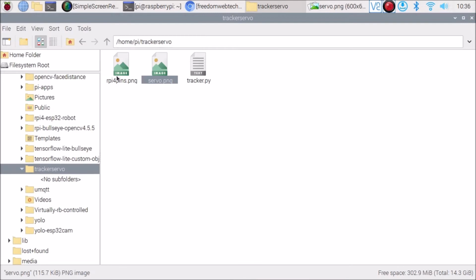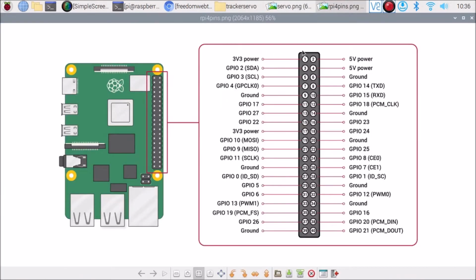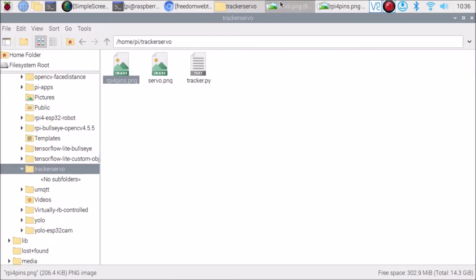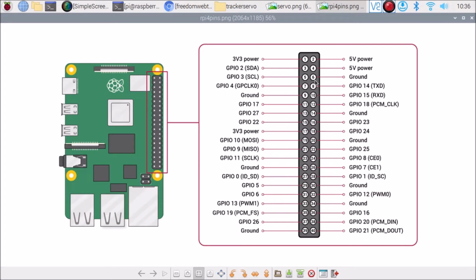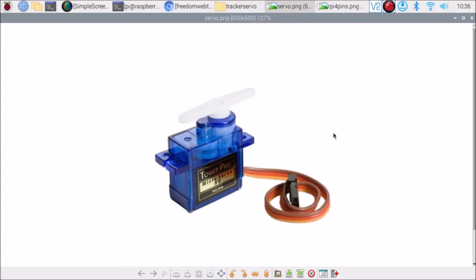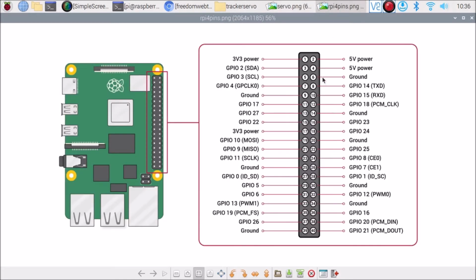Now we have our Raspberry Pi 4 pins image. As I mentioned, the brown color wire, which is the ground wire, I have connected with ground. Pin number 6, as you can see, is the ground. So the brown wire I have connected with pin number 6, the ground of the Raspberry Pi 4. Then the red color wire, which I have mentioned is for VCC, I have connected with pin number 4. Pin number 4 is 5 volt. Also I have mentioned you can connect with 3 volt too, and 3 volt is basically pin number 1.